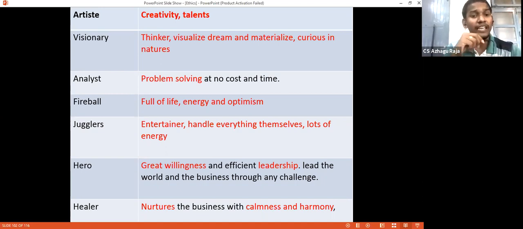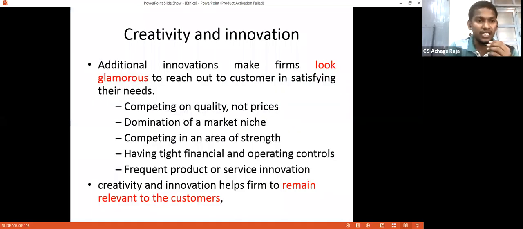Who is a healer? Healer entrepreneurs nurture the business with calmness and harmony. So they are very peaceful basically, and they don't disturb. They create a kind of harmony within the organization, and through the functions of the organization, they also take this harmony and calmness throughout the society, to the customer, society, etc. So now we are moving on